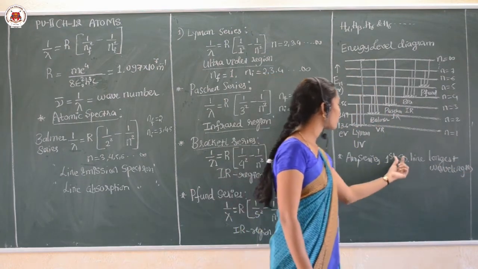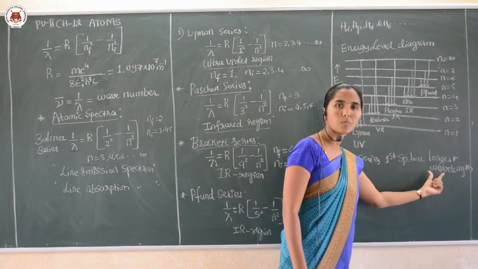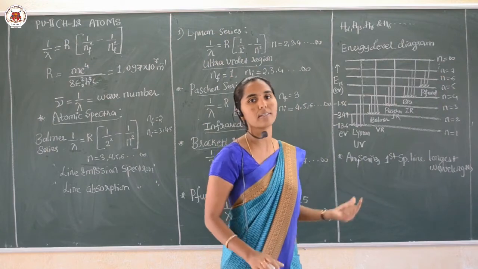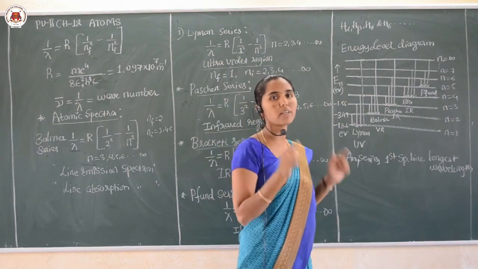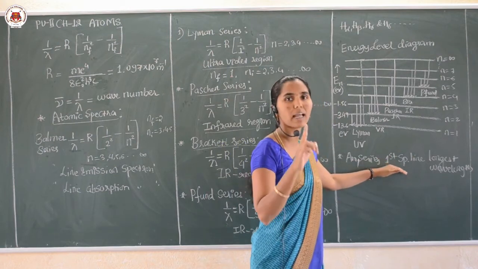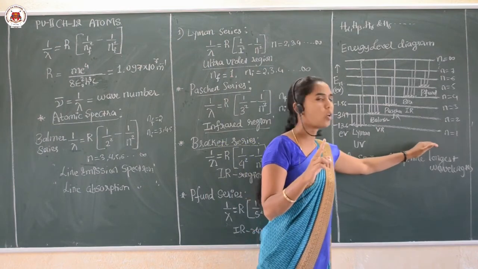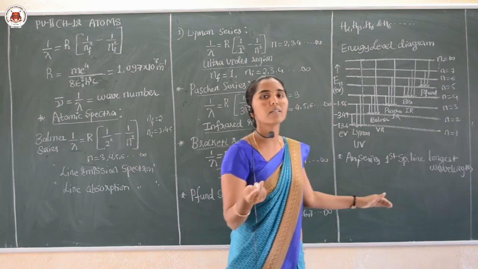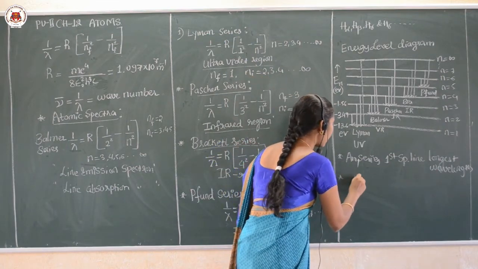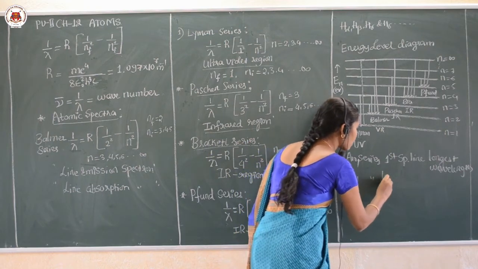If the spectral line has the longest wavelength, what will be its frequency? Shortest frequency. Am I clear? Fix this in your mind. If the first spectral line in any series has the longest wavelength, its reverse will be the frequency. Okay. And similarly, in any series, the last line